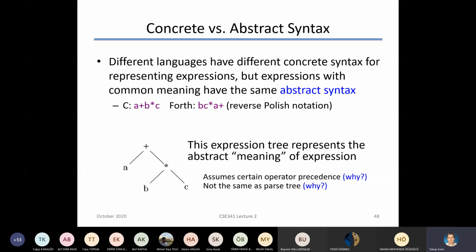Concrete syntax, in the context of an expression, is how you write that expression, regardless of meaning. How do you write the expression? Different languages might have different ways of expressing expressions, and there are a few different things around. For example,